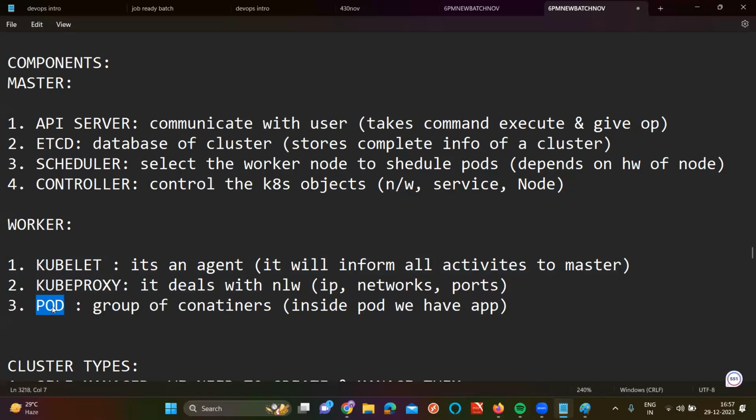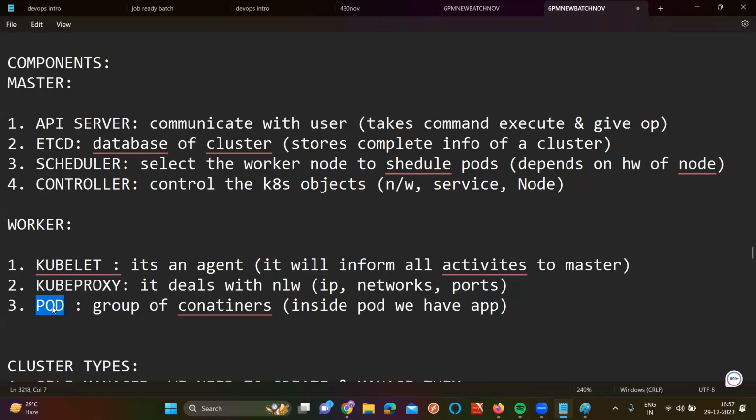What is a pod here? In Docker, you will be working with the containers. But in Kubernetes, you won't work with containers. You are only working with the pods itself. Why? Because Kubernetes doesn't know what a container is. Kubernetes knows only pods. This pod will manage the containers. Point clear, sir? Inside that pod, we will have a container. Inside that container, we will have the application. So all of these components together, we can call a cluster of Kubernetes.